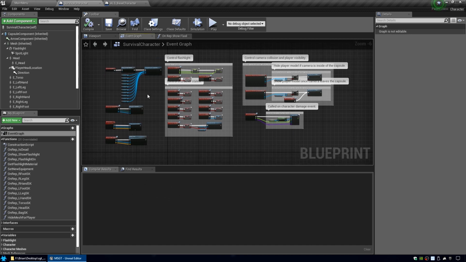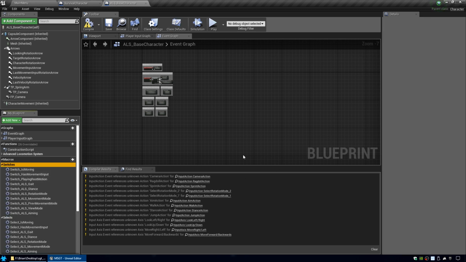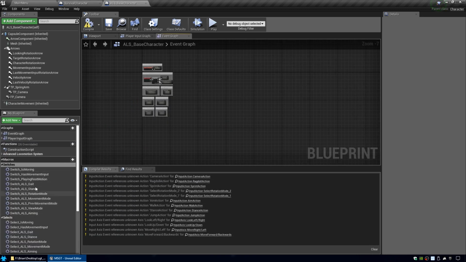The reason that I'm going from the survival character to the base character is that if you look on the ALS system, there's a lot of macros. And when you're copying and pasting blueprints, it doesn't copy over the macros. These are a pain to recreate because you have to manually recreate them all. There's a number of steps you have to do, so these are rep notifies. To create the variables and get these rep notifies, it still is a bit of work. But I think it's more consistent and there's less chance of error going from the survival character to the